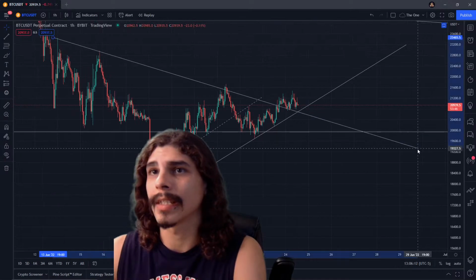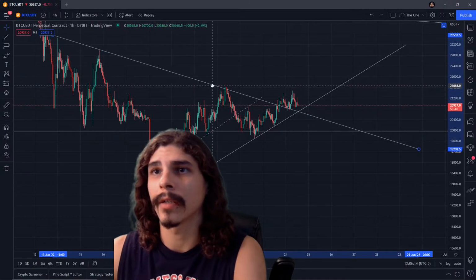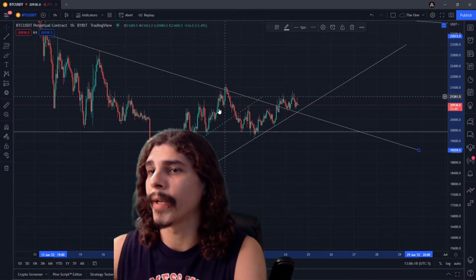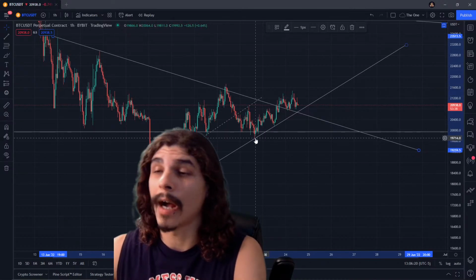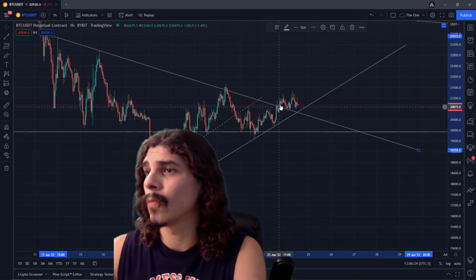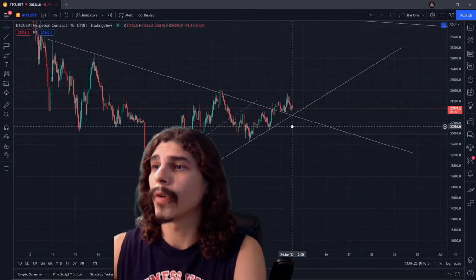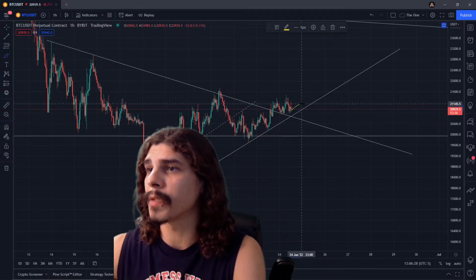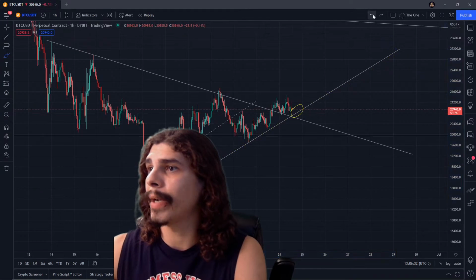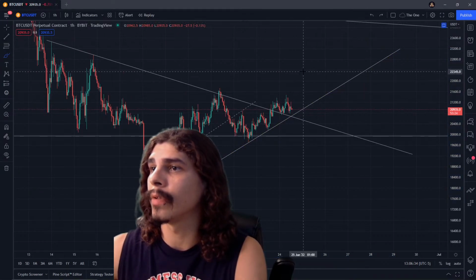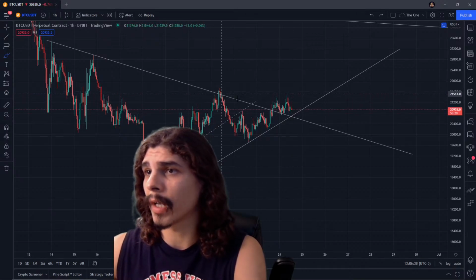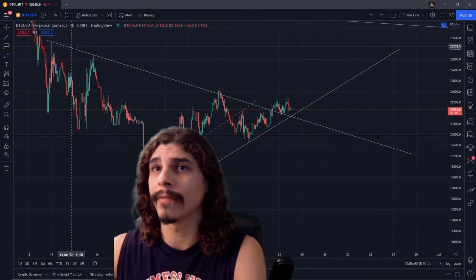The points aren't exactly perfect. I can go ahead and connect those there. So now we're using these two projections. We had that failed breakout there. Here we have a higher low, touched twice on this line. We have 3 touches. Well, we're finally getting the breakover. So it looks like there could potentially be some respect along this trend line right here. If we're respecting that trend line, then we're going to continue an upward ascent. If we're disrespecting this, that means we're going to come back down and follow this active